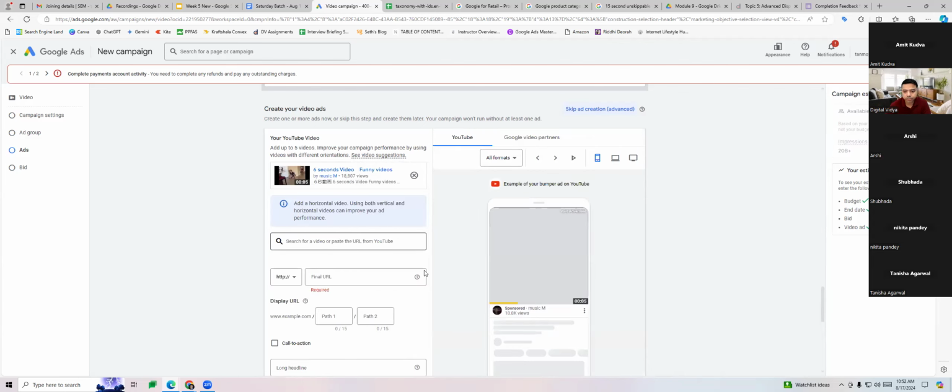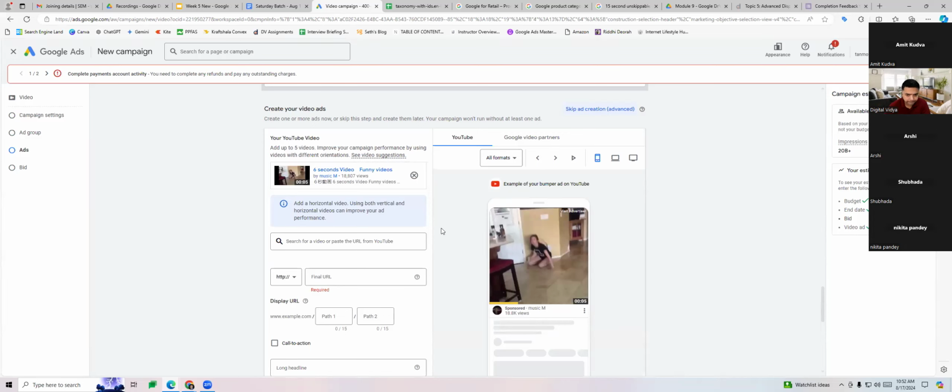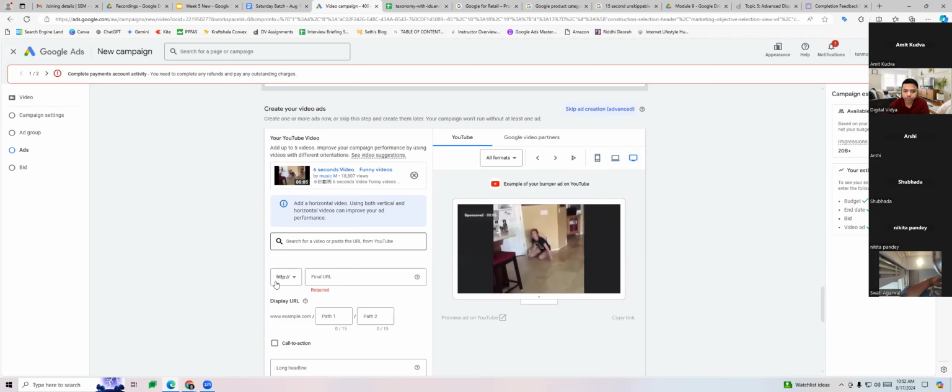Okay, let's say this is the one. Okay, so now you can see. If it's just less than 6 seconds, then will it appear or not? Yes, up to 6 seconds. Anything up to 6 seconds is good enough. So this you can see, it says bumper ad. So now this is a proper ad which we have uploaded out here. Now you can move forward and build out the whole campaign as you want. Give all the other details like your website's URL.